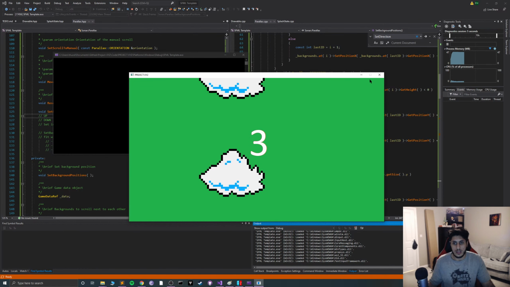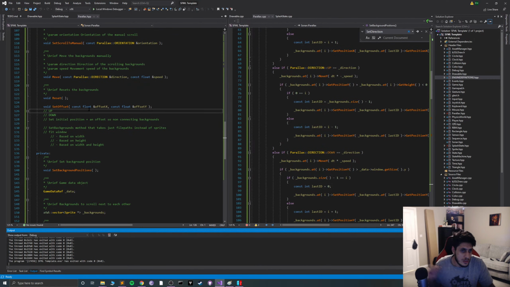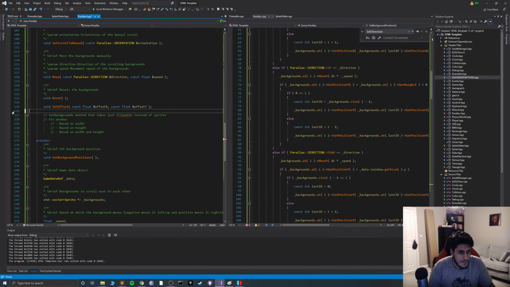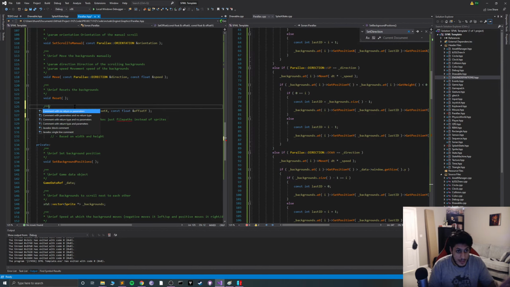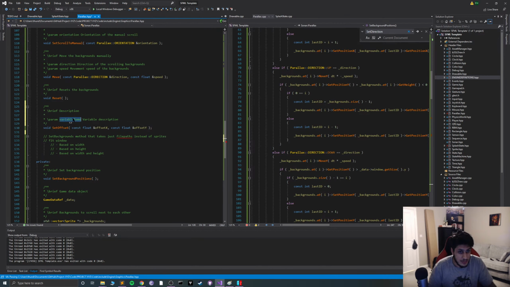Boom, done. That's working now. Okay, so we've done this. Let me just give this a quick comment. It's got no return type, but it's got parameters, and the parameter is offset x, x-axis, background offset, offset between backgrounds in the x-axis. And what we're going to say for this one is